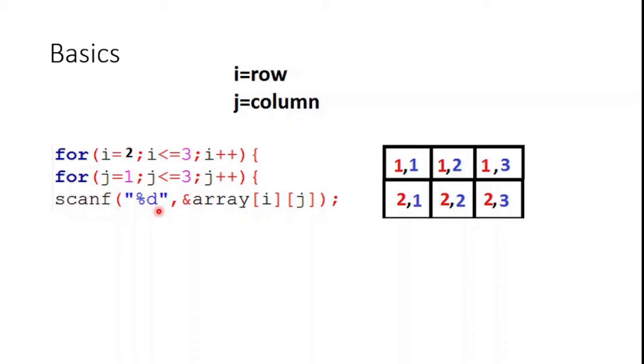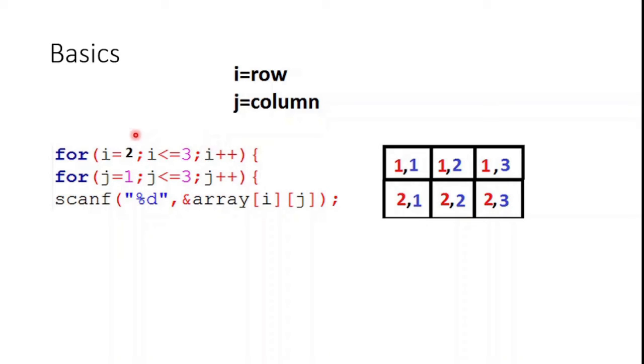So again a scanf and an element will be taken as input and it will be set up in this cell 2, 1. And the J++ will make it J equals to 2 now and 2 equal or less than 3, which is true. So this line will be executed again and so it will go on like this. When the J++ makes it 4 again, 4 equal or less than 3, this condition is not true. So this line will not be executed and it will get back to this I++ again.